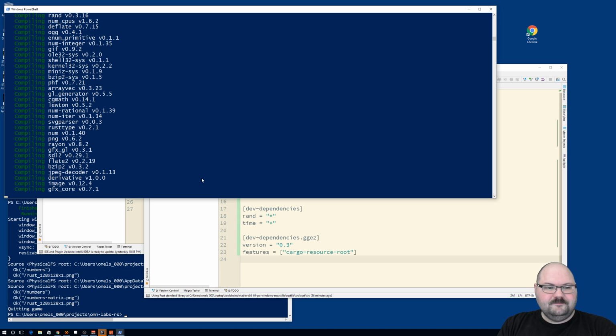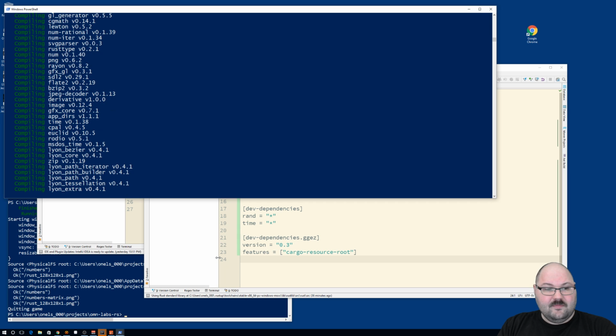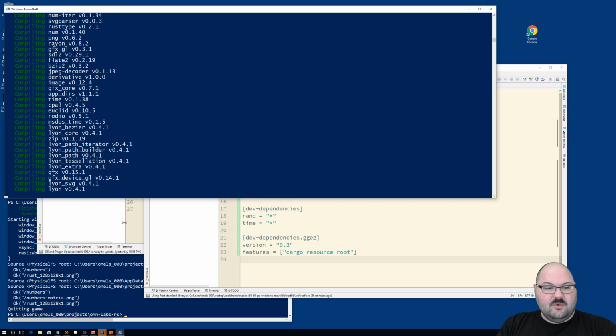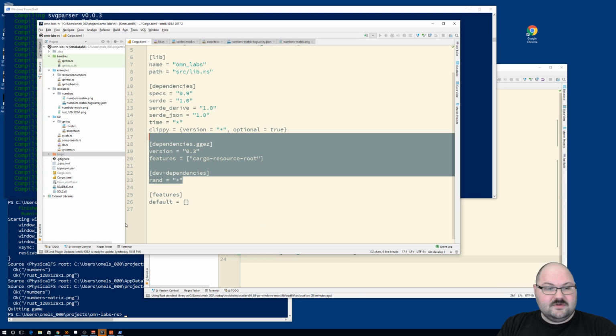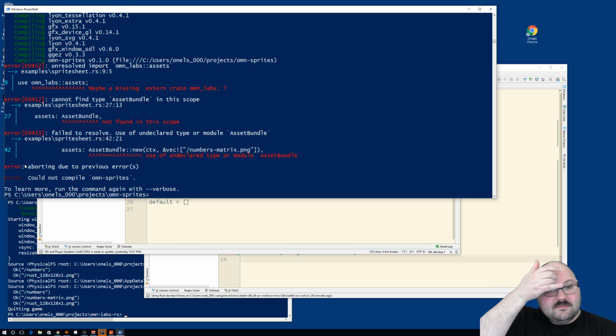Oh, you know what? Yeah, so GGEZ depends on SDL2, which is a C library. And in order to get that thing to build correctly on Windows, you usually need to have this SDL2 DLL pre-built and in your path. On Windows means in the local directory. Okay, so